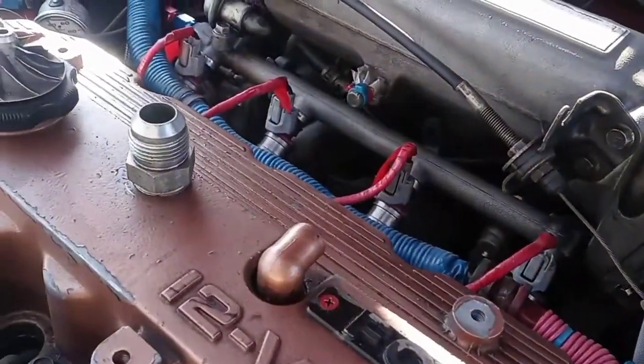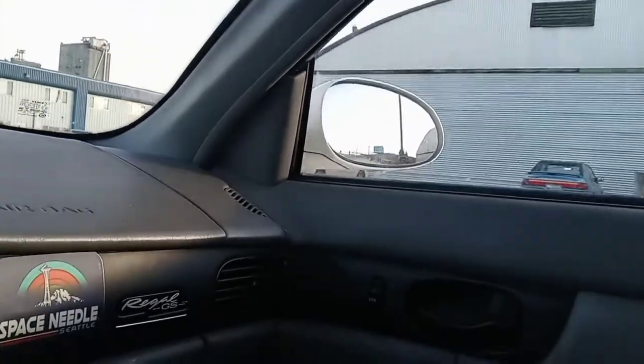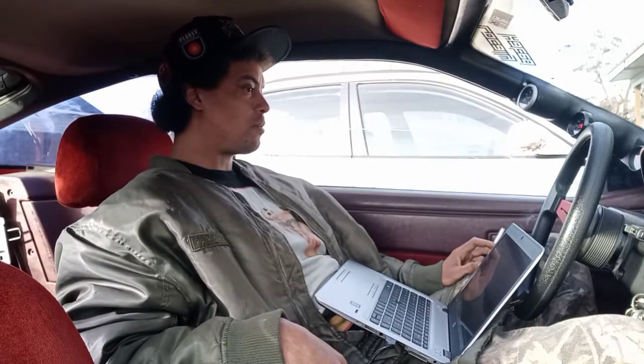Boys, we are about to push this big girl and these not big guys here to the absolute limit. How's everybody doing today? That was weird. Anyway,